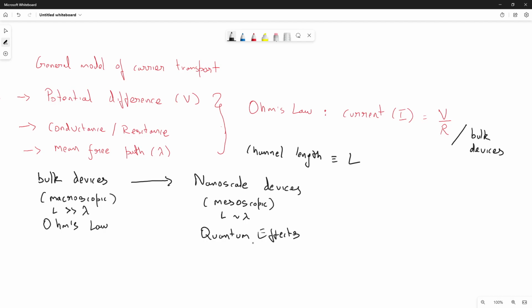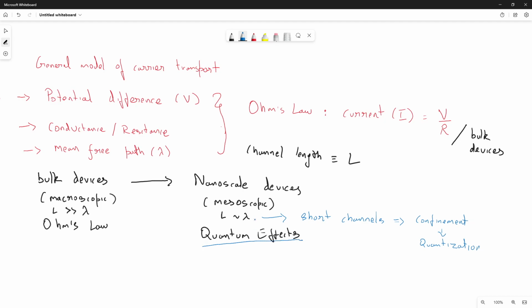Because of confinement, sir. Very good. Yes. Because of this, we have short channels, and short channels in whatever dimensions, 0D, 1D, or 2D, implies that there is confinement. And whenever there is confinement, we have quantization. And when there is quantization, we have discrete energy levels and so on and so forth. All of those things are summarized when I say quantum effects.